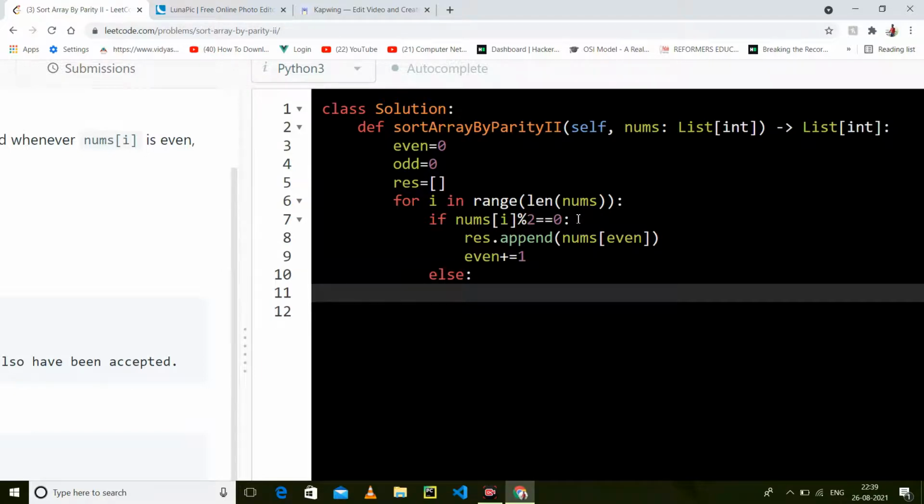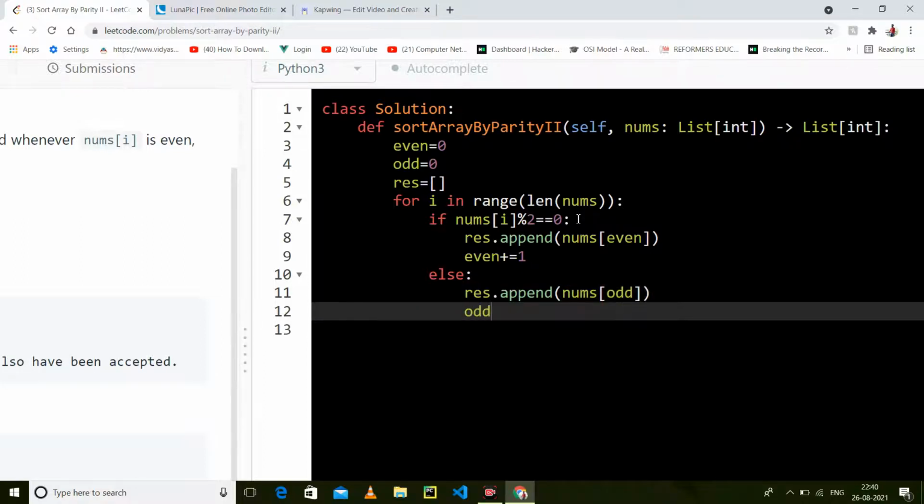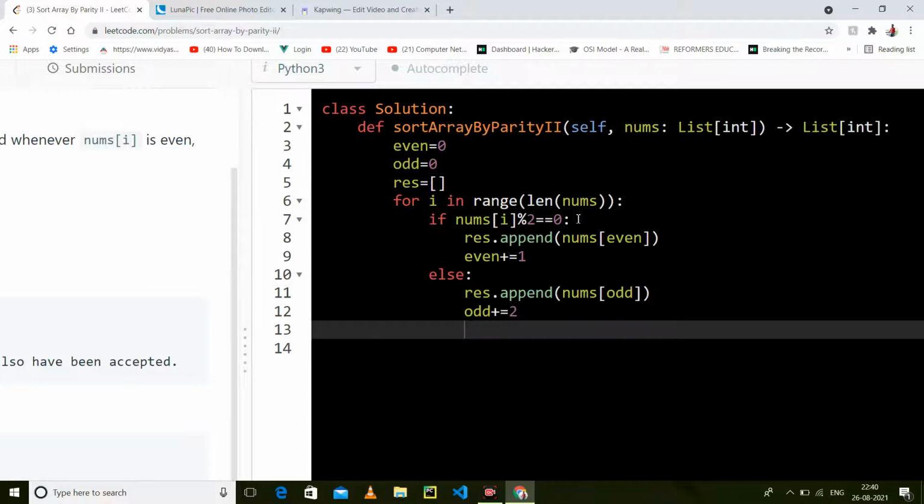Else, if we found the odd value, then we will simply append nums of odd and increment odd by 2, and simply return.